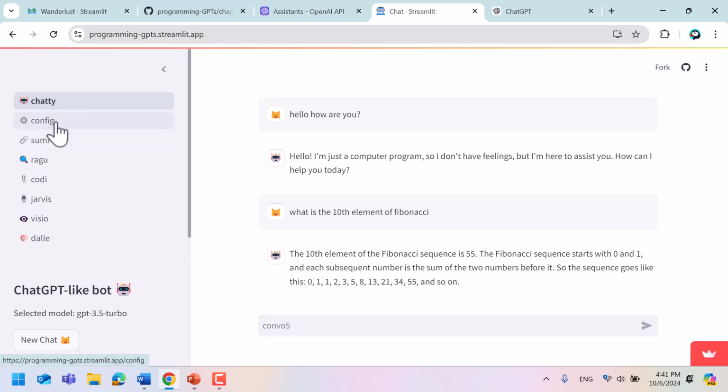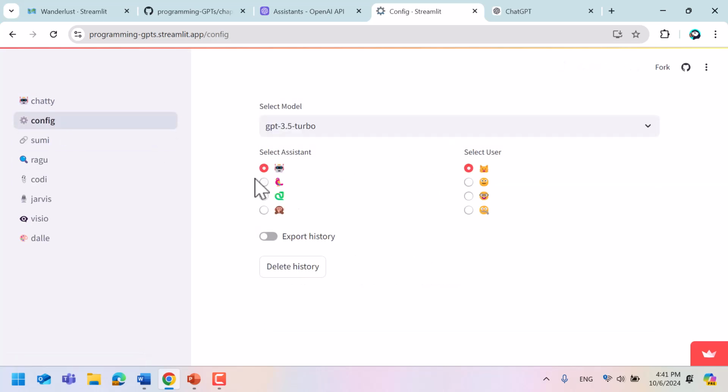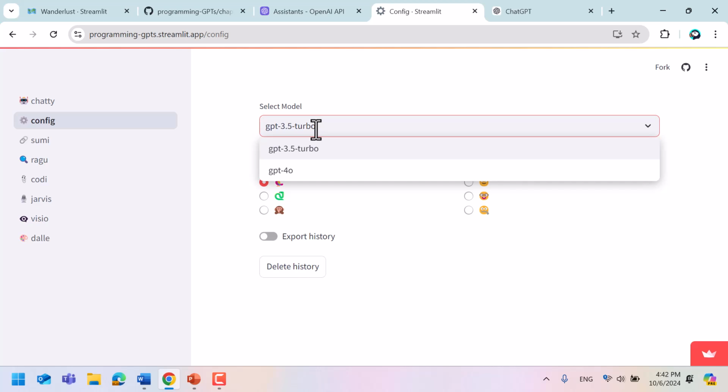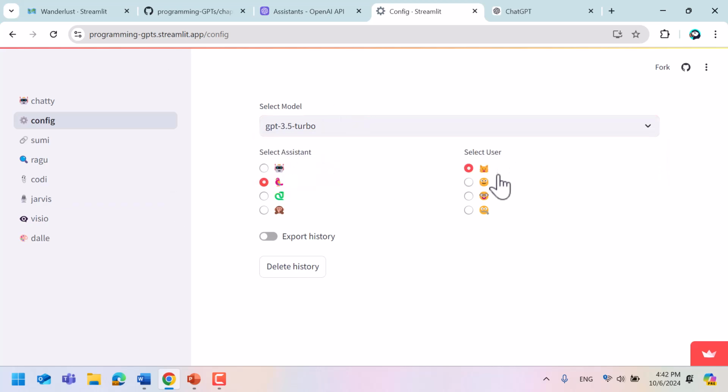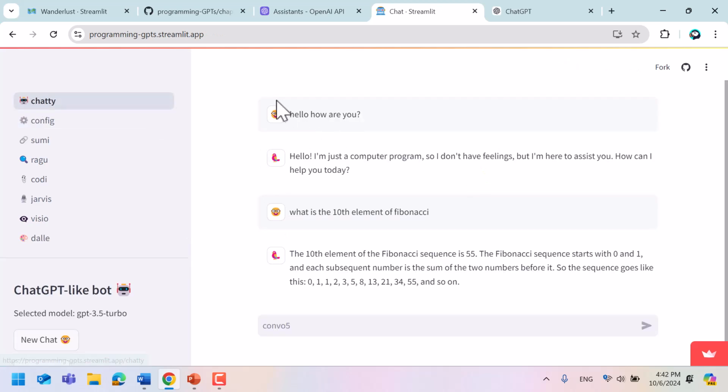So you can configure the chat to change, like for instance here I want it to be a cute little bird. A little birdie is, I guess, very chatty, so that's why you could define it to be chatty. You can define which model to use. I'm still also using the old one, GPT 3.5 Turbo. You can also change the user, and here you go. You would have a conversation that is a little personalized. So you can personalize your own ChatGPT.